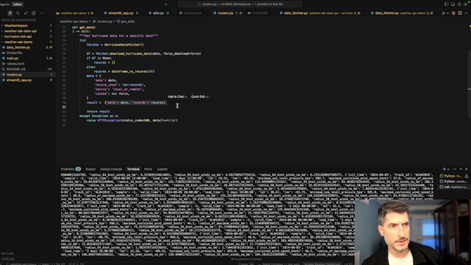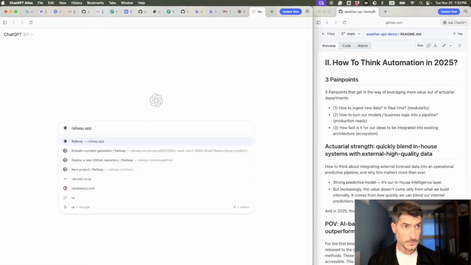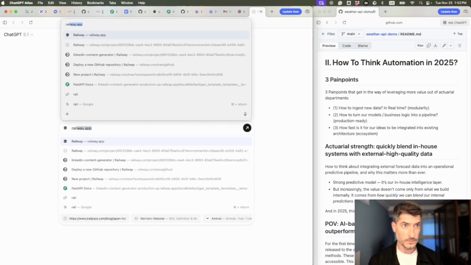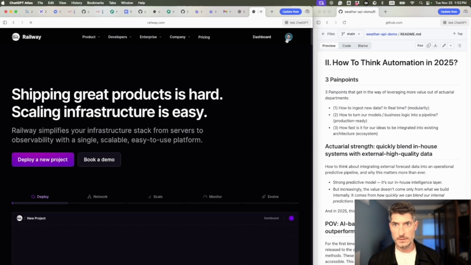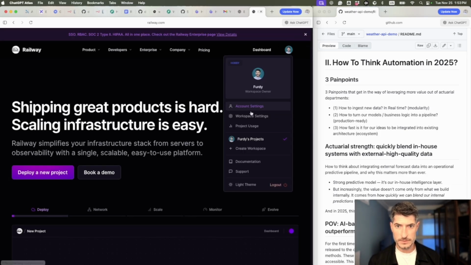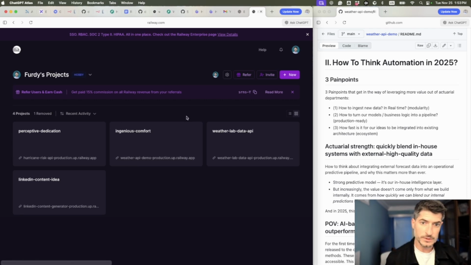Once you have something like that, that's good. And we will use Railway to host that simple API. Railway is a service. Let me show you. Let's head over to Railway. You can host, let's see, the dashboard. So we will create one new project here,